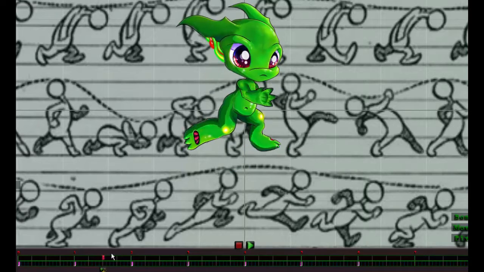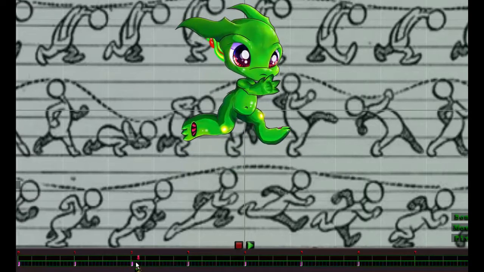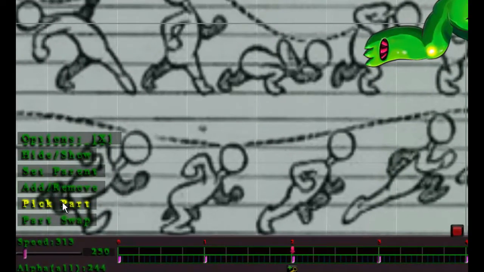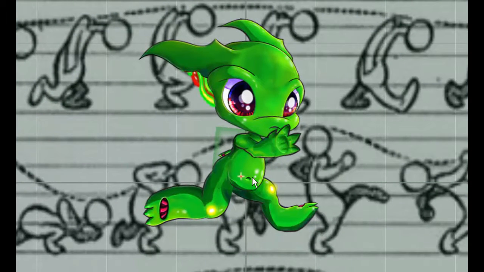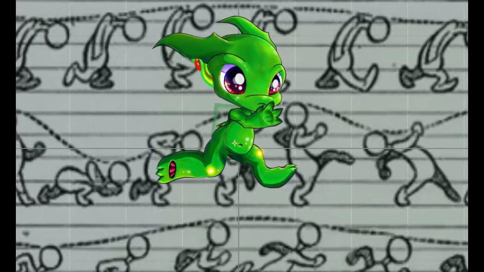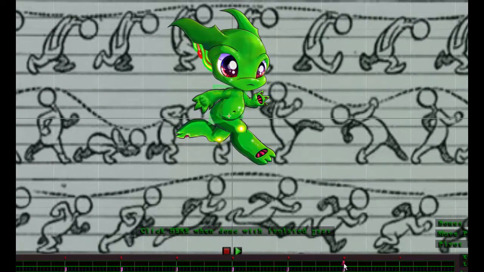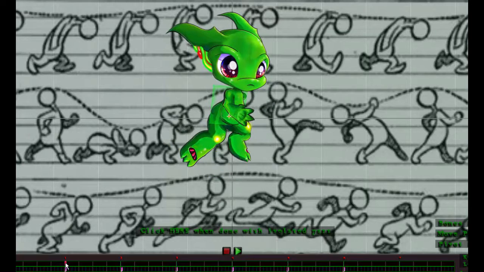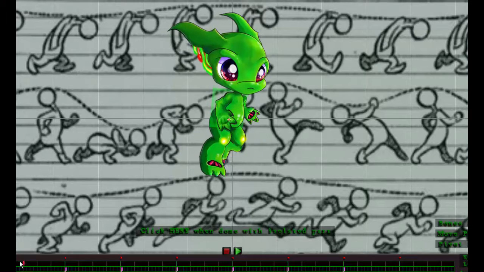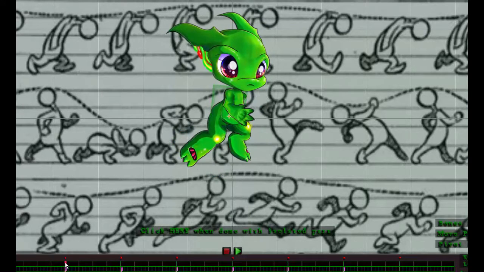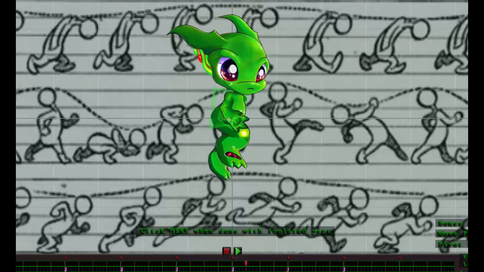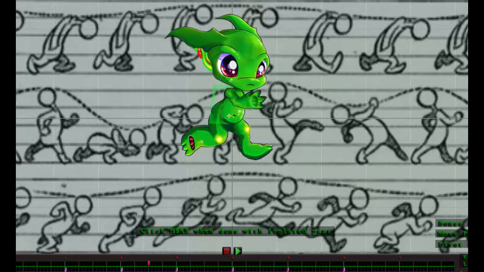From 0 to 2, whole body needs height. So you can use pick part, grab the body, hold M, and then count how many times you tap up, and do the same thing for the other keyframe where he's up in the air. So you just want to make sure his body's at the same height for both keys. And then I add these intermediate ones to kind of patch up certain parts. Like if I don't like the way his foot looks like it's pushing off, I might add an extra keyframe there. And the other thing that you might be fixing up is if there's any shearing anywhere, or anywhere where you'd want to distort parts of the foot,